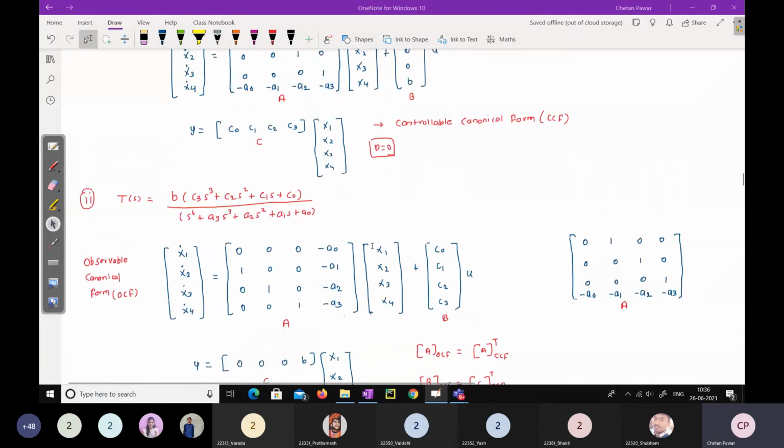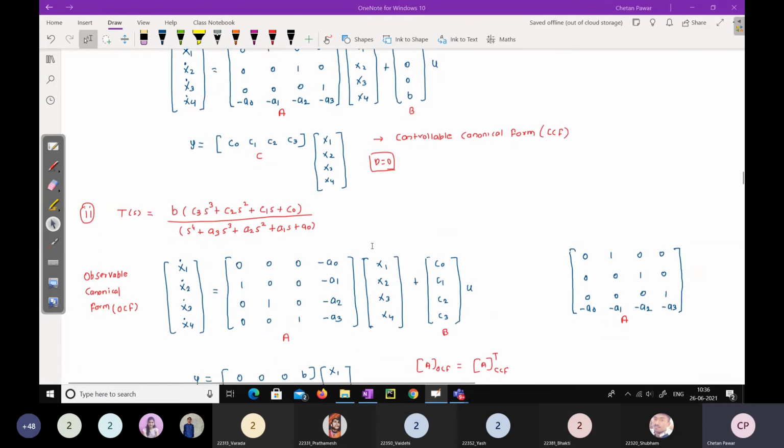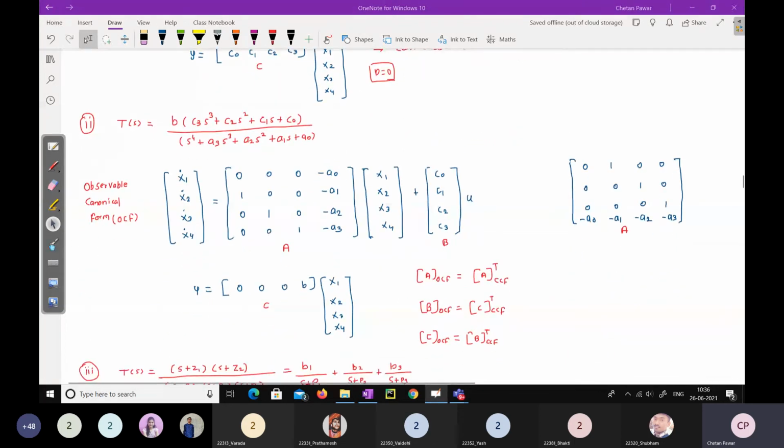So what is meant by controllable and what is meant by observable? If I take this particular digital circuit, these are the inputs and these are the outputs. Now I can apply any input on these input terminals, like 1, 0, 1. So what is the meaning of this? I am controlling these inputs. So these inputs are controllable.